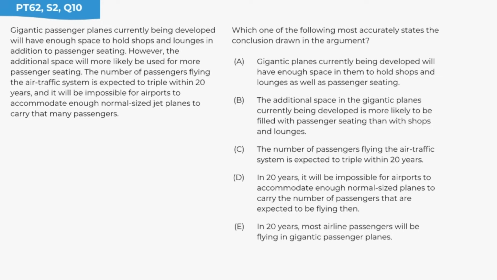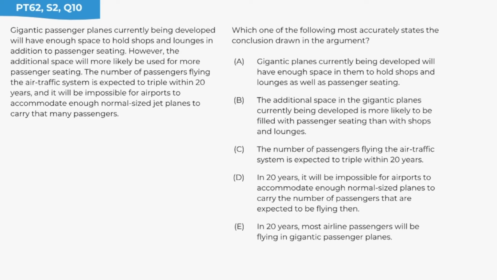So we have the evidence, which is the number of passengers flying the air traffic system is expected to triple within 20 years. And it will be impossible for airports to accommodate enough normal-sized jet planes to carry that many passengers. Notice the word and there really makes it very difficult for either one of them to be the conclusion. The and is basically saying that these two things are in conjunction with each other, making it really difficult for one to be supporting the other, right? That makes it more likely that the prediction right before it is the main point. All right, so we're looking for in the answer choices, the additional space will more likely be used for more